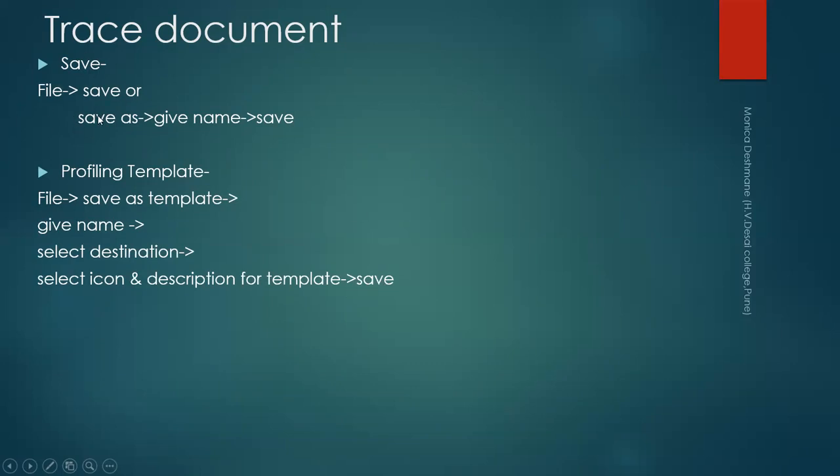For save, you can use the alternative command, that is Command S. You press it and your file will be saved automatically. Now next is open. For this you can press Command O, or select the open option from the file menu. And for close, similarly from the file menu, you select close, otherwise you can directly hit Command W.